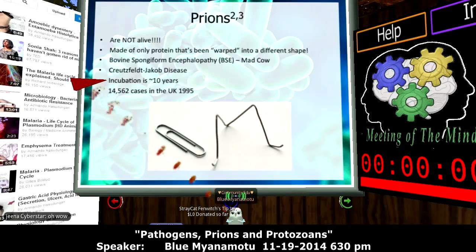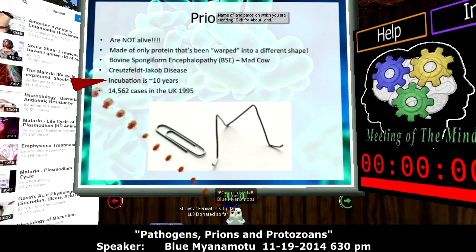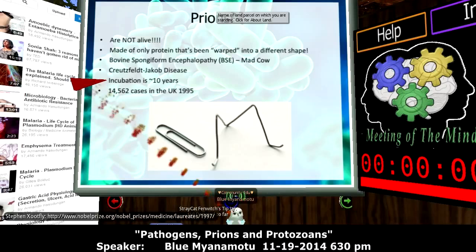There's a whole really interesting story about prions, and Stephen's going to wince at this, but he's actually going to read the book about prions by Prusiner, who was the scientist that discovered them. Because before that, nobody believed that a disease could be caused by a protein. Everybody thought that the smallest pathogen there was actually a virus. So when Prusiner said it was proteins, it was really, really hard to believe,